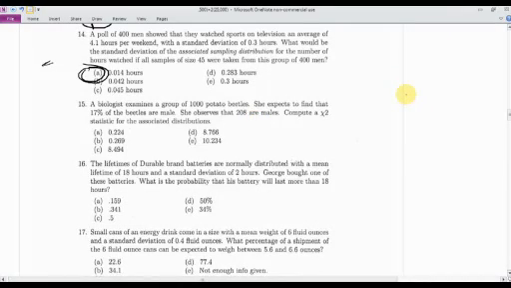Okay, question 15. A biologist examines a group of 1,000 potato beetles. She expects to find that 17% of them are male. She actually finds out by doing the experiment that 208 of them are male. Compute a chi-squared statistic. Remember that a chi-squared statistic is going to tell us the difference between what we observe